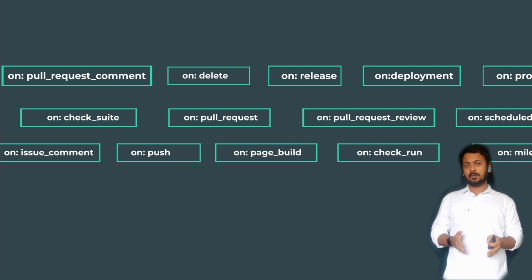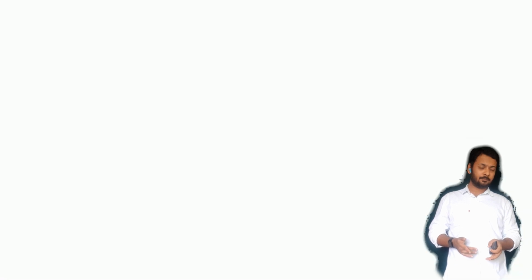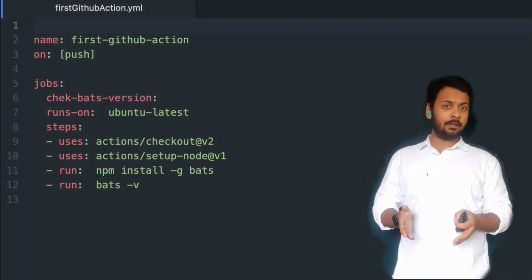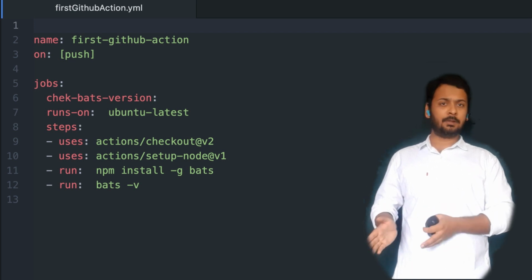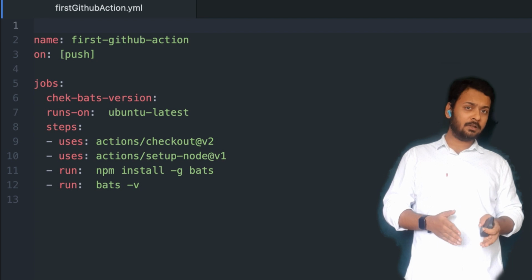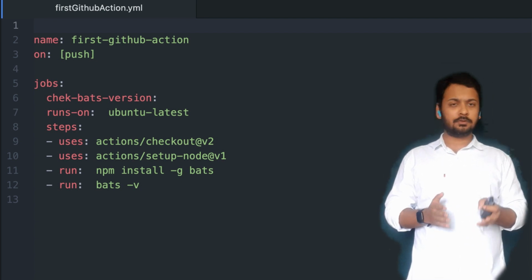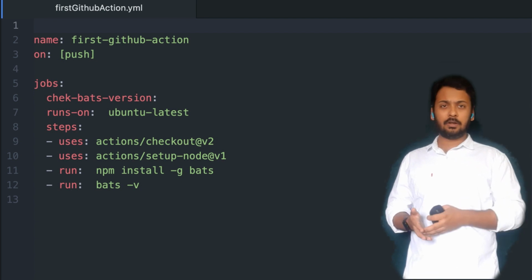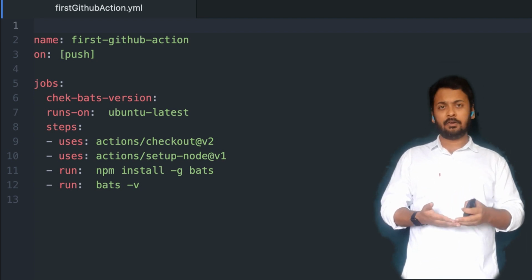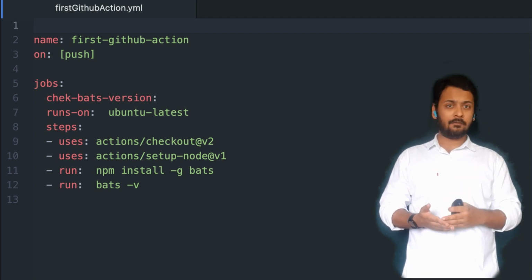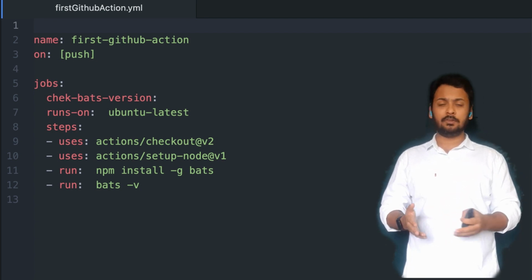Let's see how GitHub Actions really works. GitHub Actions follows YAML syntax to define actions, jobs, and steps. This YAML file is stored as a part of your application under the .github/workflows directory. You can think of it as whenever your event is triggered, it triggers an action. Actions, perhaps, and jobs have steps, which are nothing but a series of commands.